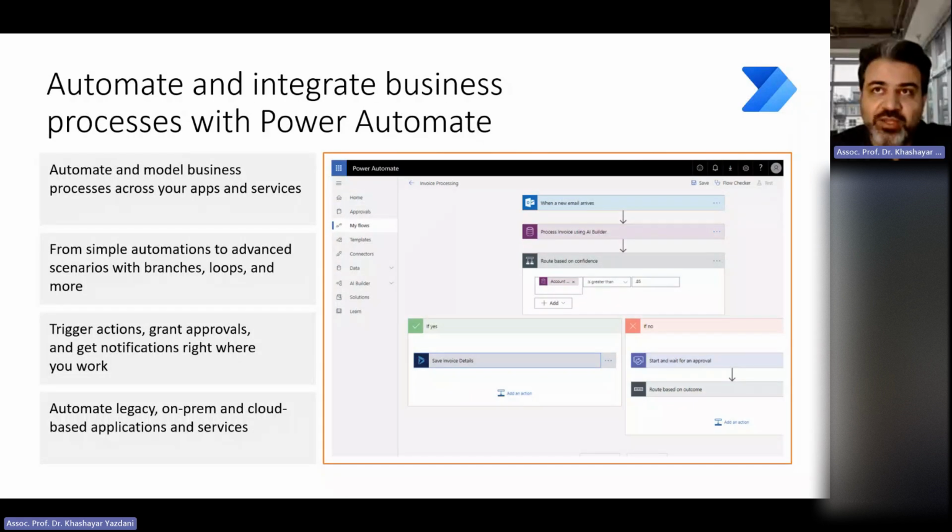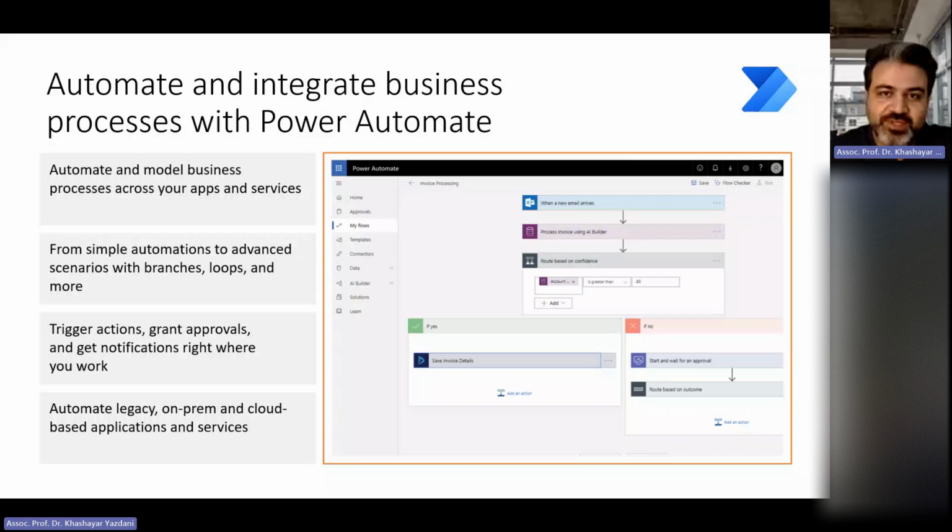For claiming the medical leave, you need to scan your MC. Normally you need to take a photo, then import that photo inside the portal if you have one. If not, you need to send an email. But here in the Power App, you can design a very simple application that turns on your camera, makes a scan of your MC, attaches it to the form, and sends it to the process designed by